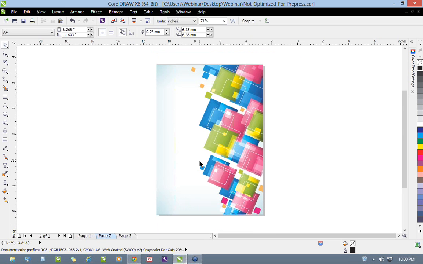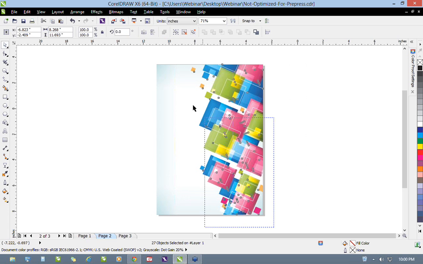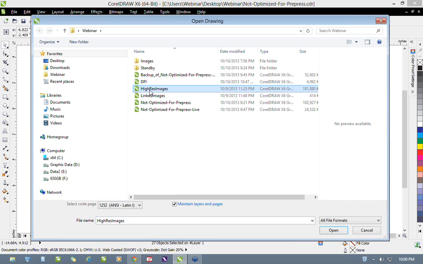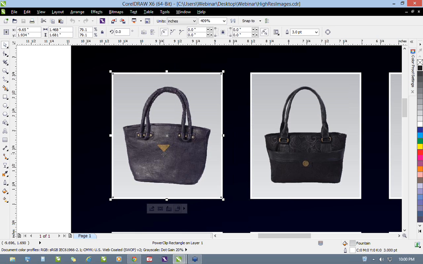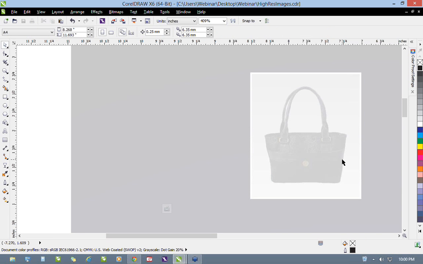So another way to avoid huge file sizes is to use externally linked images. Like, let's say for example, you are creating a multi-page catalog for products of this kind. Now, if you notice each and every image here